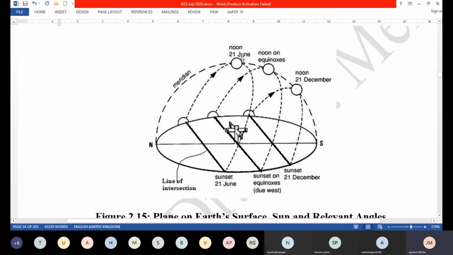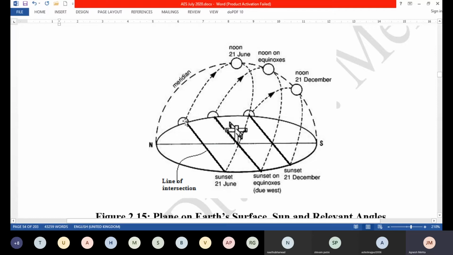Yeah, so that was about the inclination of this plane and intersection of the plane in which sun moves with the horizontal surface. But we are talking about the sunrise time and sunset time and the day length. So what do you think will be the value of some of the angles that we discussed? Out of that, the two angles are of interest to us. One is the zenith angle, and second the altitude angle.